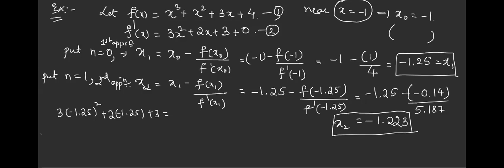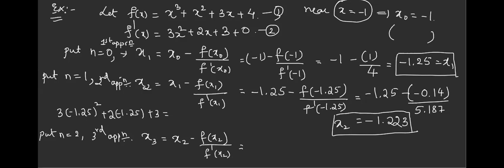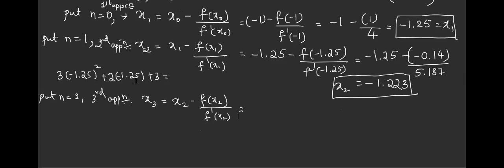Okay. Now continue. What is the next value of n I have to take? 2. Correct. Which approximation will I get? Third approximation. Can you tell me the formula? x3 is x2 minus f of x2 divided by f dash of x2. You can see the symmetry here. All of you repeat it, it will be very good for you. So many students don't write the formula correctly. If the formula is wrong, we cannot give any marks. So be careful. Take the x2 value like this and calculate it.